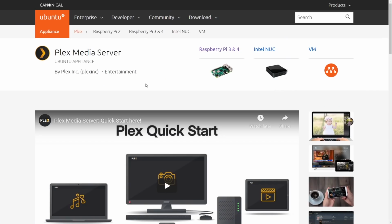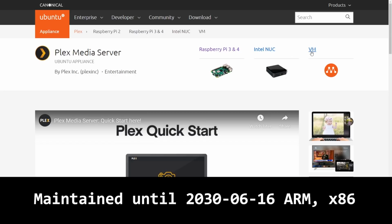Okay, so here we are on the Plex Media Server Ubuntu appliance page, and we can see here it works on the Raspberry Pi 3 and 4. It works on the Intel Next Unit of Computing, and you can also download it as a virtual machine. Now we're going to be doing it on the Raspberry Pi. So to download it, you click here on the Raspberry Pi 3/4 link, and that will start to download the